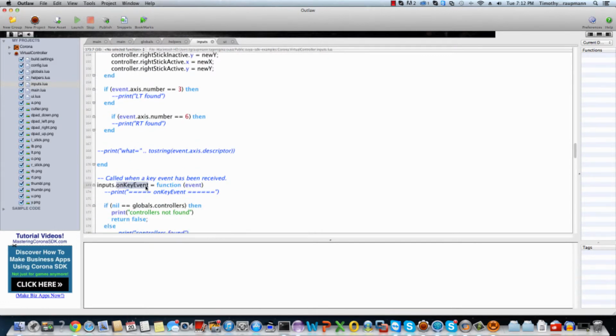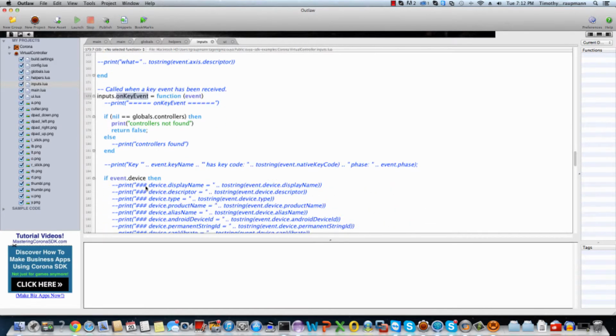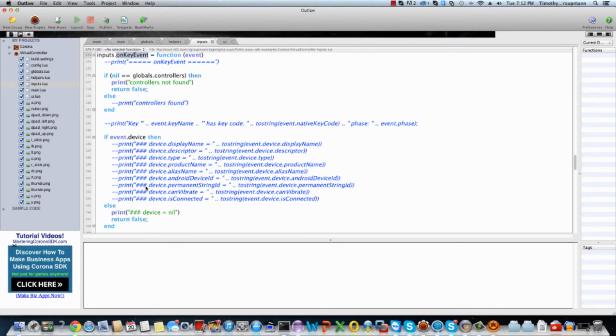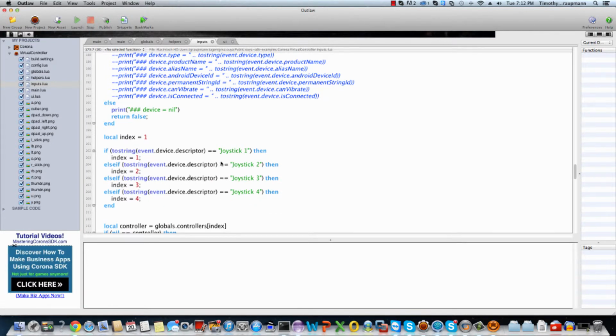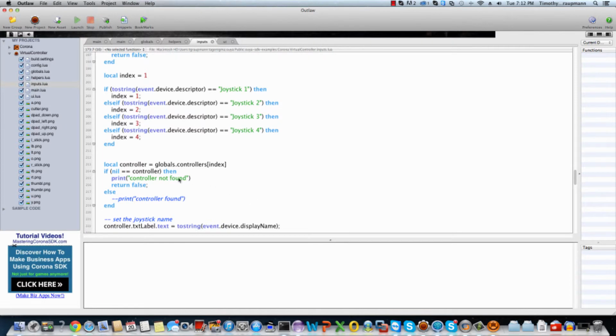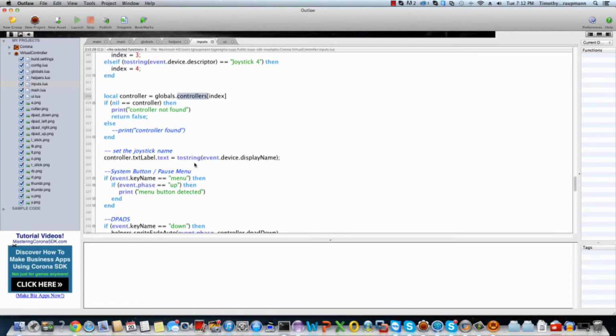You'd also want to specify an onKey event callback. You can do some error checking to see if the device is null or nil. Again, check for the device index to see where it's coming from. You don't need access to the controller, or you don't need to set any labels. Just check the key name and the phase name to see if the key events are up or down,